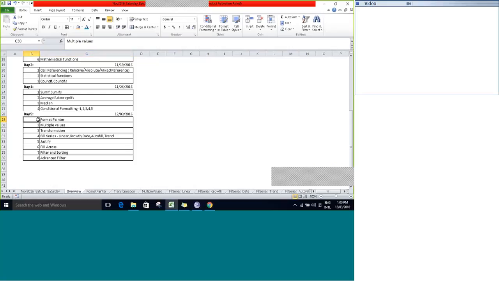So this is what was planned today: format painter, multiple values, transformation, and fill series, linear, growth, date, autofill, and justify, fill across, filter and sorting, then advanced filter, and then we discussed the concept of grouping. So we are done with today's topic. So I will just stop